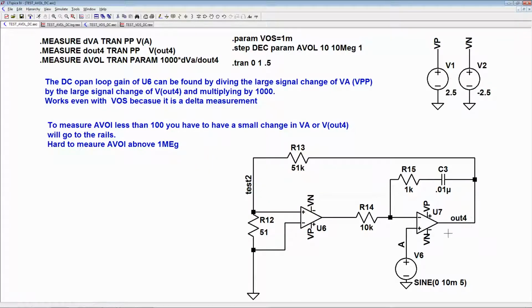Normally gain is the output divided by input, but this time it's backwards,